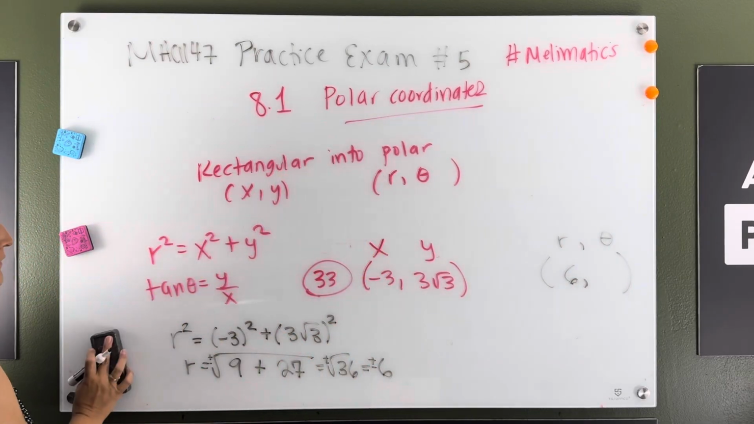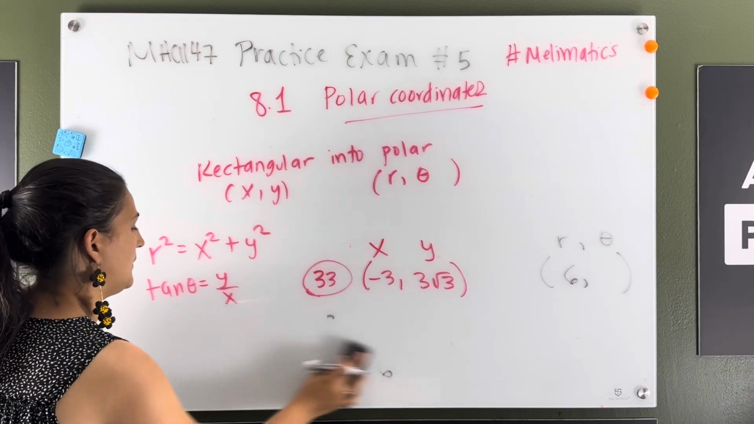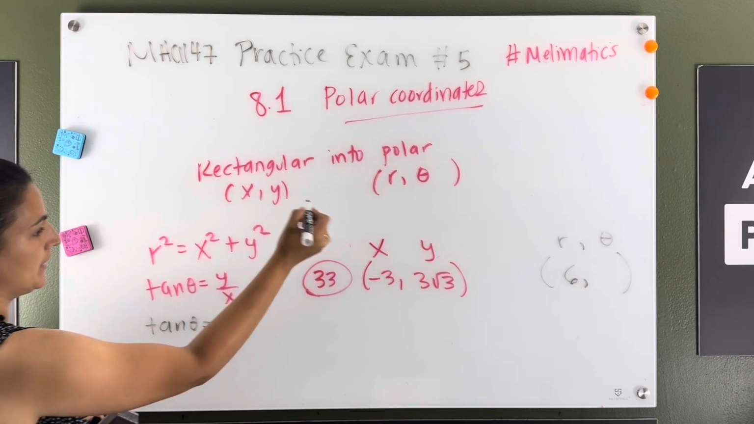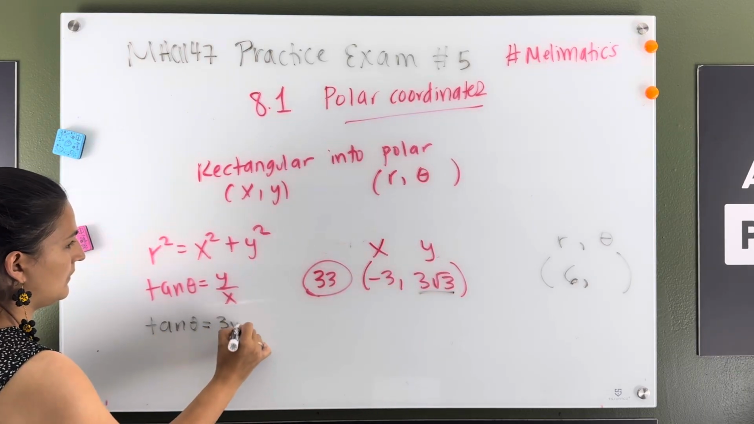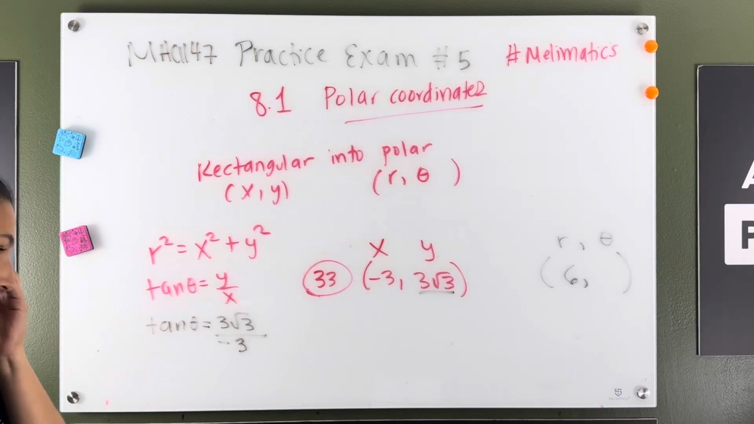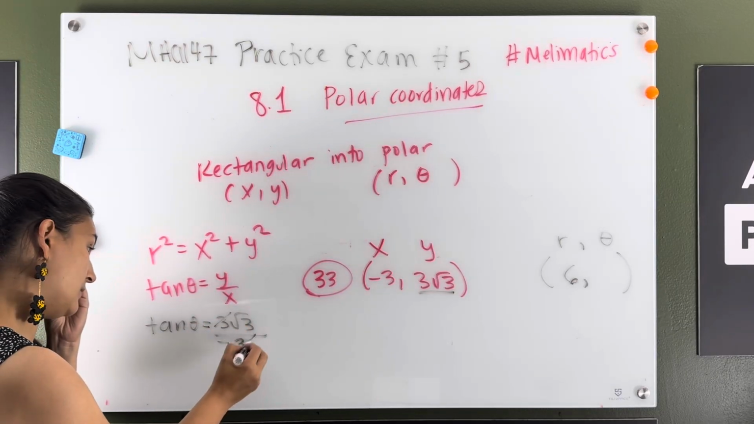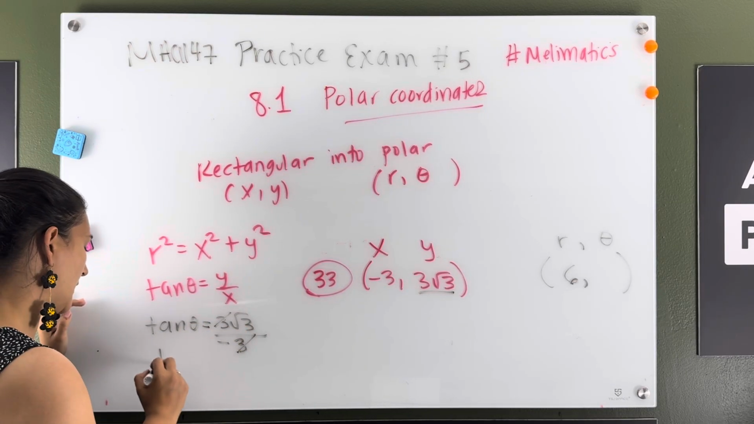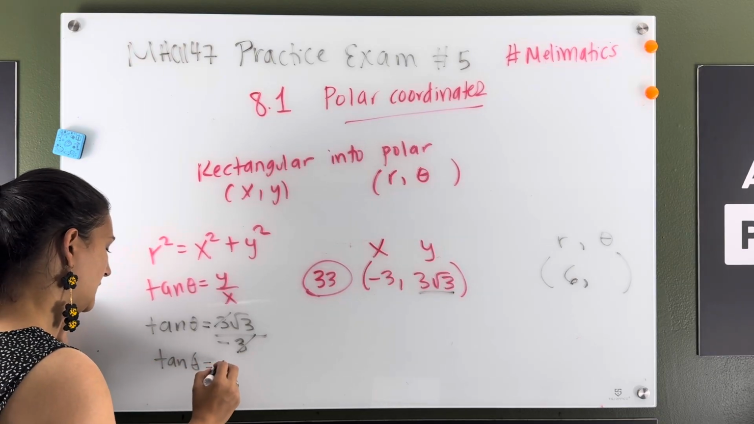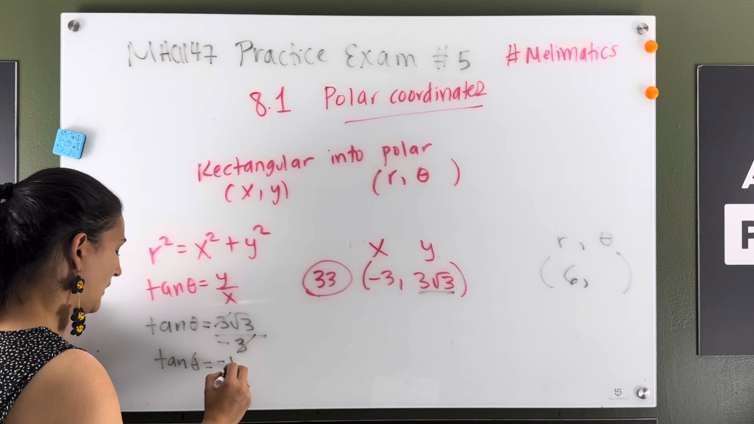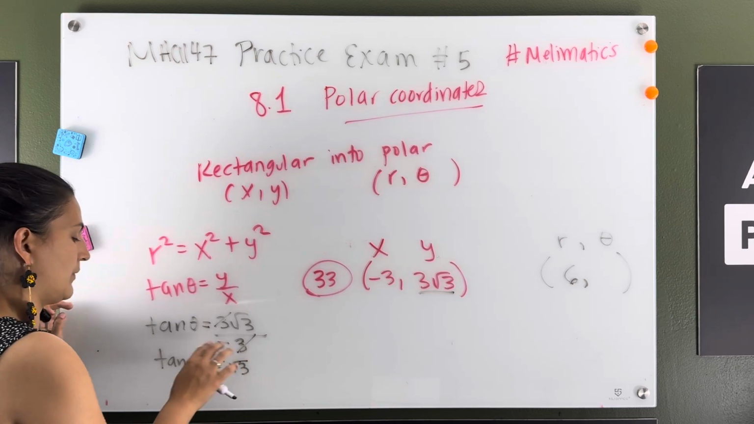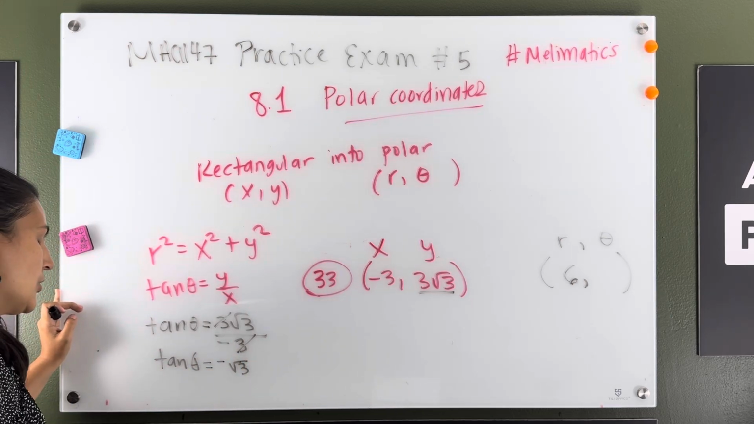Okay, but we still need to find our theta. So tangent of theta is y over x. Okay, so these threes cancel, and I'm trying to figure out where does tangent of what angle theta gives me negative square root of 3. Okay, you could put the negative on top, right? As long as you have one negative. So, okay,